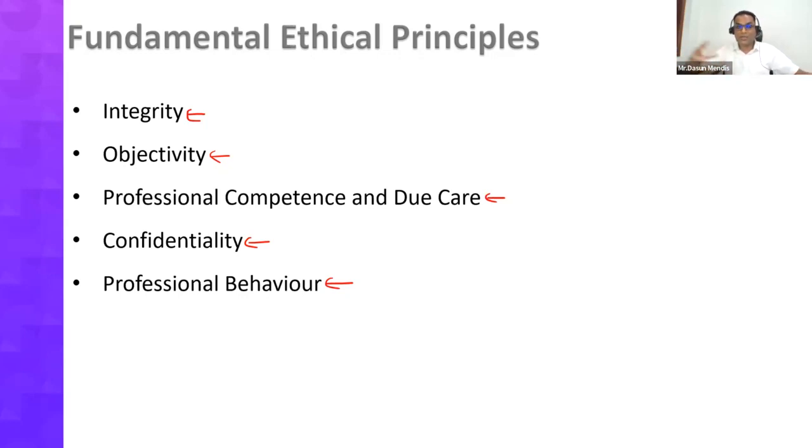When accountants see that these 5 threats are there: self-interest, self-review, advocacy, intimidation, and familiarity threat, then what the accountant has to do is put in safeguards. There are different types of safeguards which are created to reduce or to eliminate these threats, right? So you need to apply the safeguards.